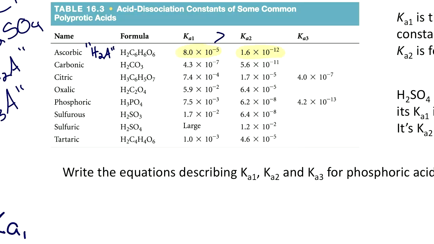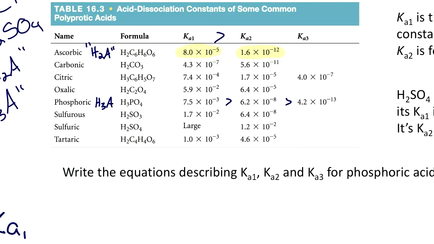So you see ascorbic acid, a diprotic acid, has 2 Ka values versus something like phosphoric acid, H3A, a triprotic acid, so it's going to have 3 Ka values. Each one is a different value indicating the strength of that acid. So you see that Ka1 is a lot larger than Ka2, which is a lot larger than Ka3. So here you see that first proton is the most acidic. That last proton is not very acidic. It's not very likely to be donated. All right, so here are the numbers. Each of the protons has a